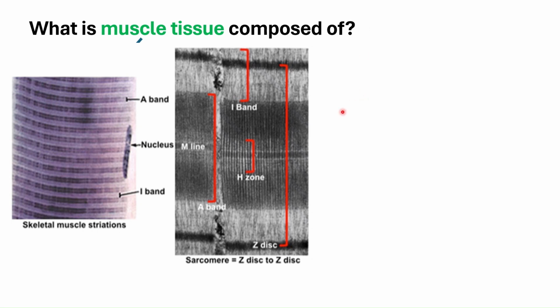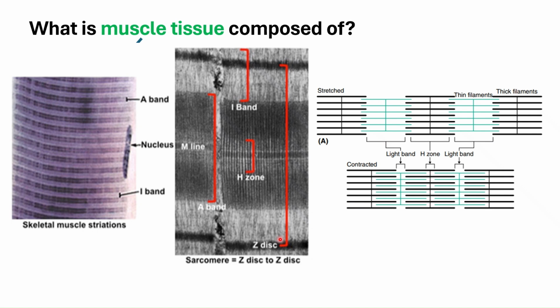So you can see that the actin is located here, while the middle part has your myosin. And then, because of their orderly arrangement, we can actually see your sarcomere, which is from one Z disc to another Z disc. And this presence of your sarcomeres and these different bands, because of the orderly arrangement of your myofibrils, gives your striated muscle its striated look.